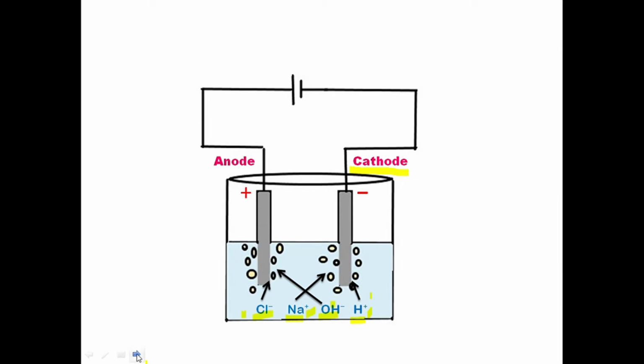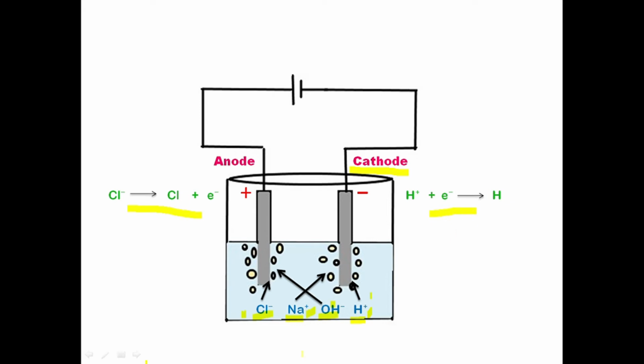Since the anode is positively charged and chloride ion is discharged more easily at the anode, chloride ion loses its electron, or gets oxidized. On the other hand, the cathode, being negative, has the presence of electrons on it, where H+, being discharged faster than sodium ions, gains electrons, forms a hydrogen atom, and gets reduced. For your information, oxidation and reduction also depend on electrons. Losing of electrons means oxidation, and gaining of electrons is called reduction.